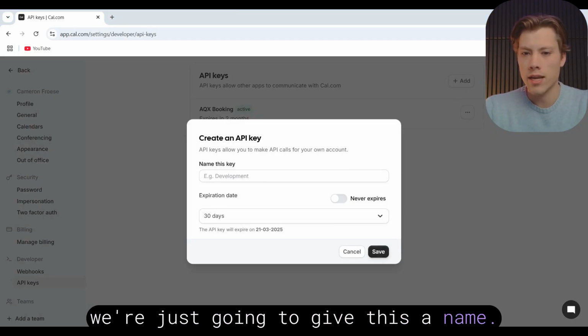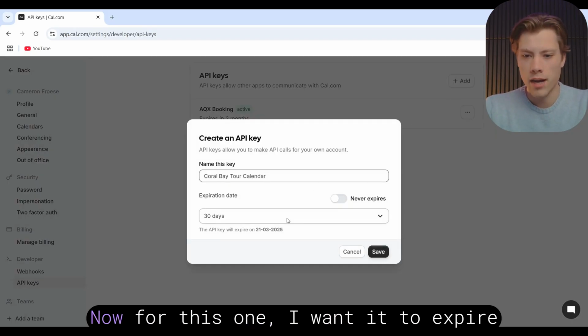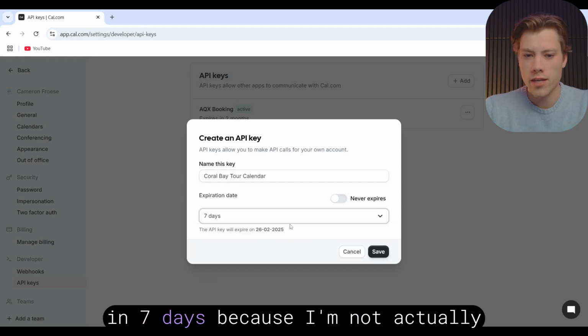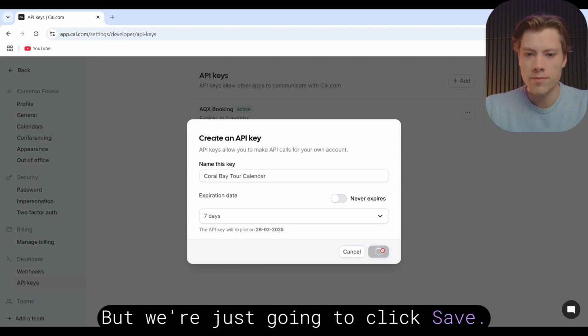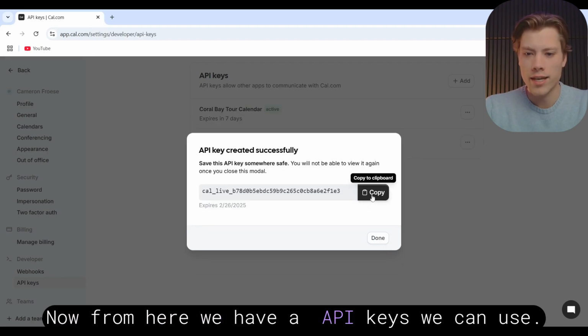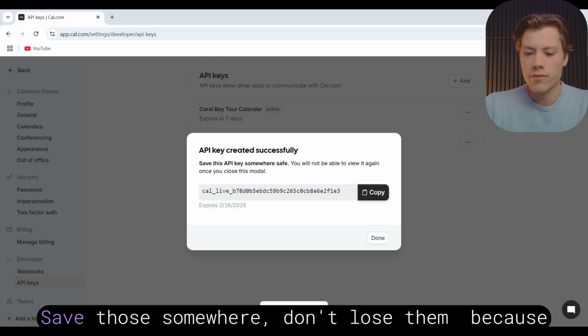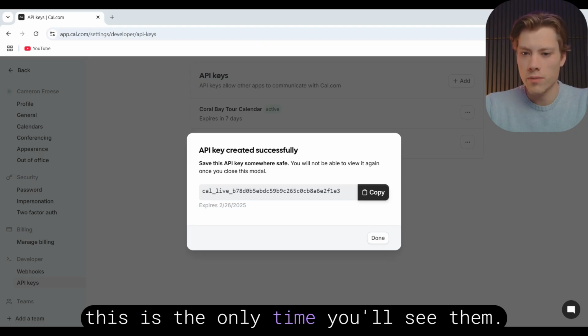We're just going to give this a name, Coral Bay Tour Calendar. Now for this one, I want it to expire in 7 days because I'm not actually using it. It's just an example, but we're just going to click Save. Now from here, we have API keys we can use. Click on Copy, save those somewhere, don't lose them because this is the only time you'll see them, and click